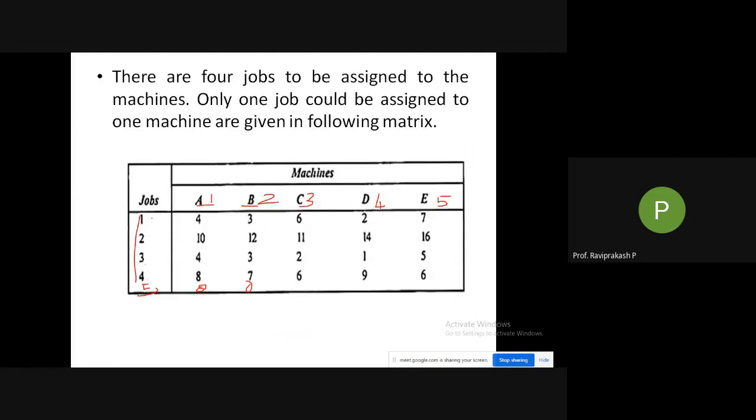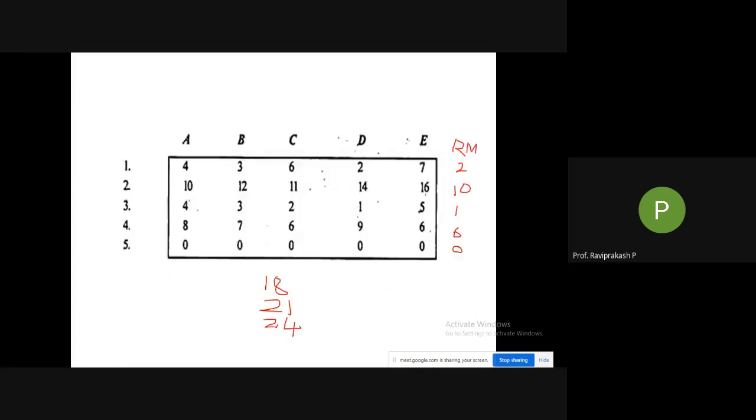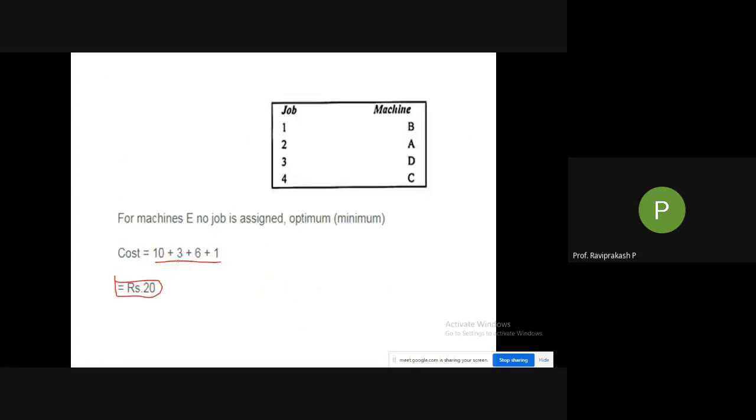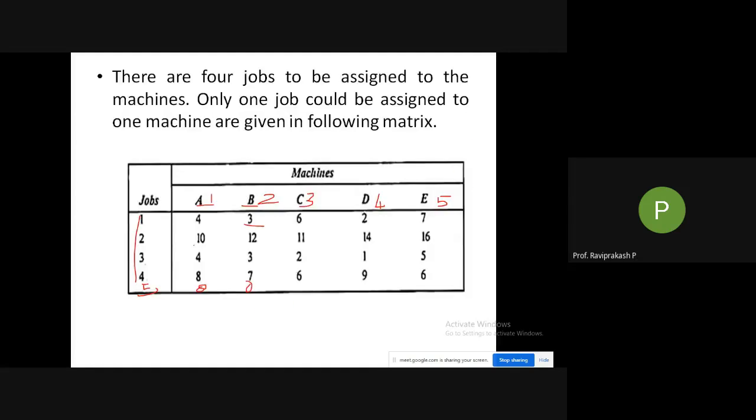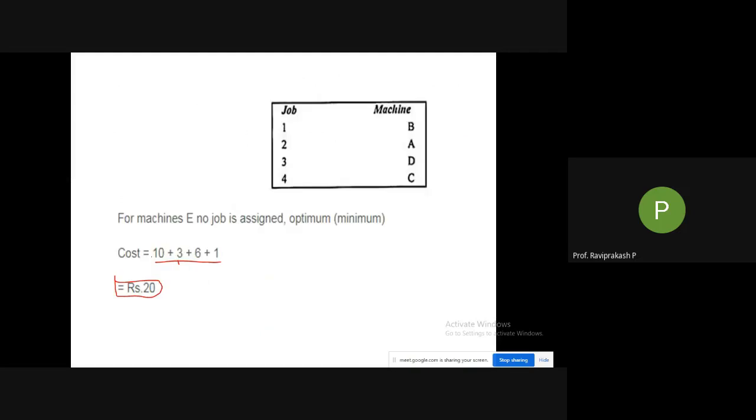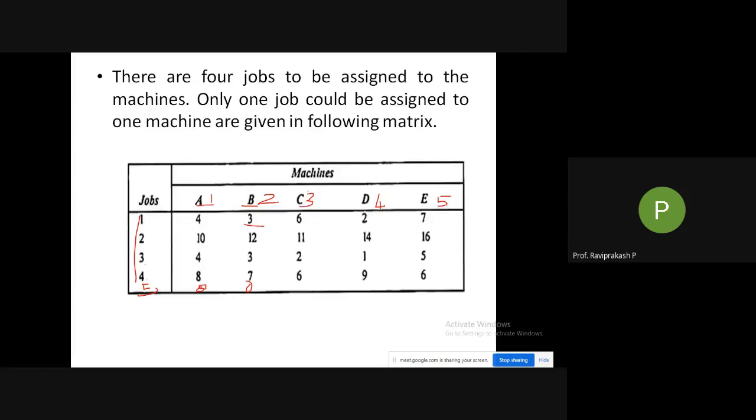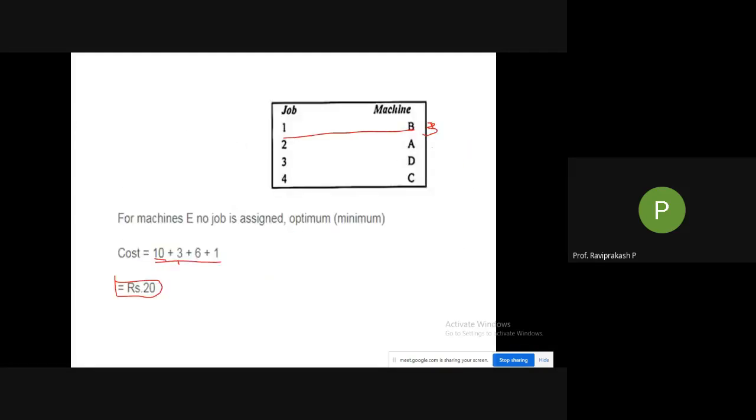1B, if you see here, 1B is 3. So we get 3 here. What they usually do in this case is go column wise. They'll check which value they'll be writing here. Don't get confused, this is not 1B. 1B is 3. Then 2A. What is 2A? 2A is 10. I'll put 10 here.